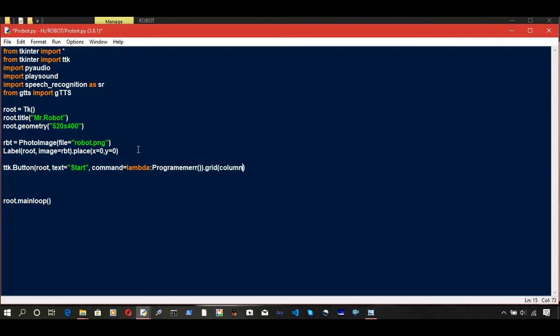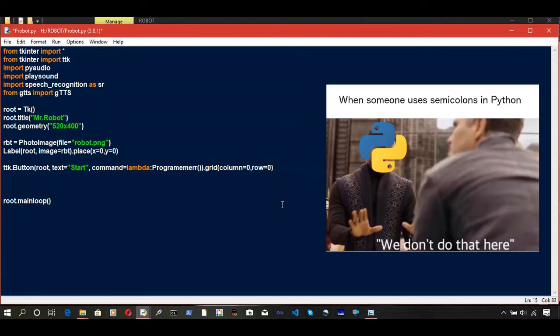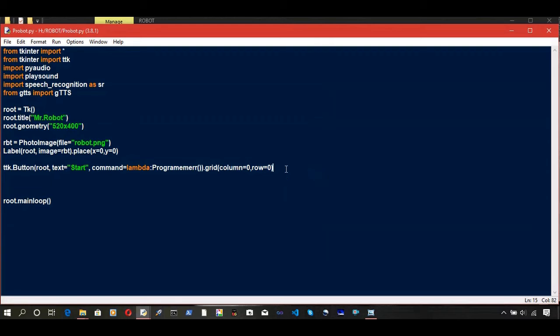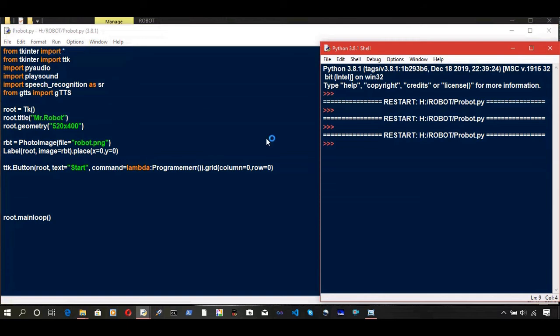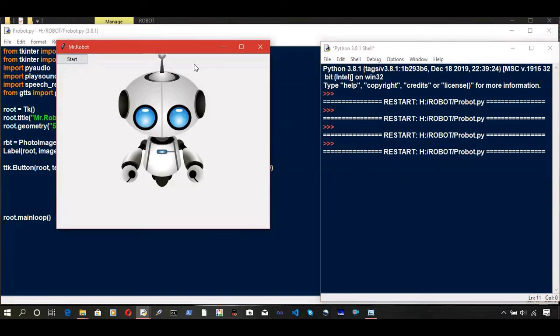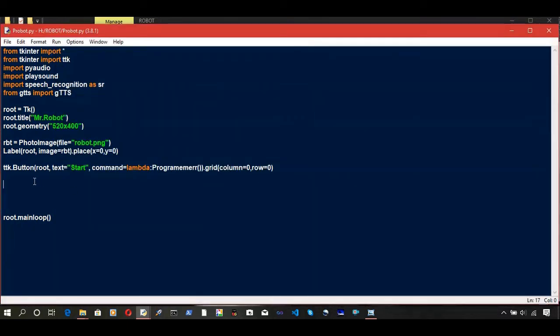Then .grid, column equals 0, row equals 0. Okay, now let's just see, no, not semicolon, we don't do that here. Let's just try to run it. Okay, so the button is also here.